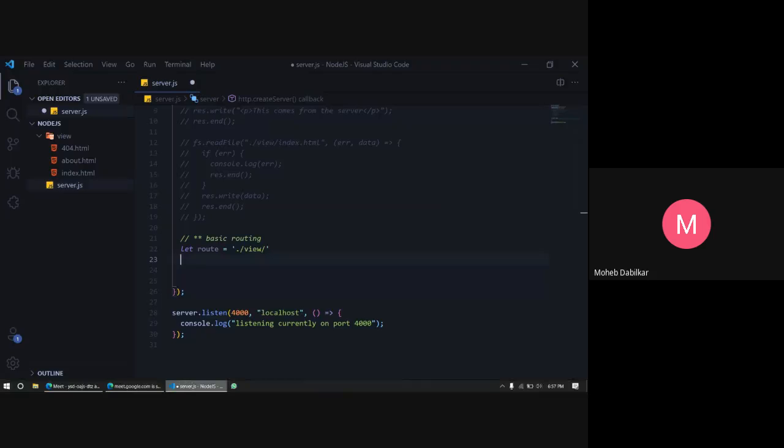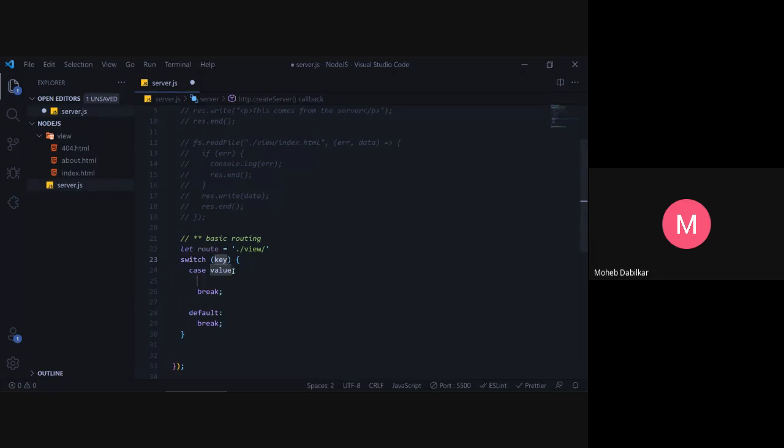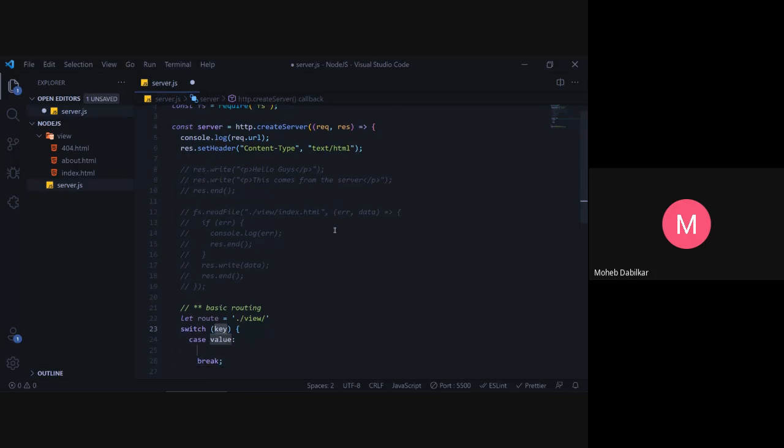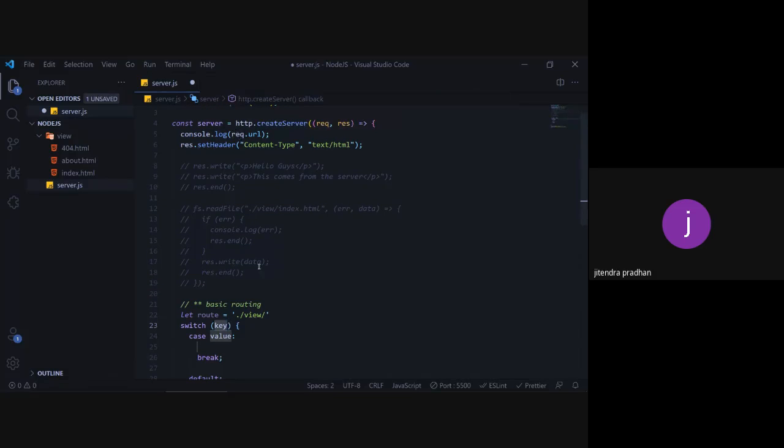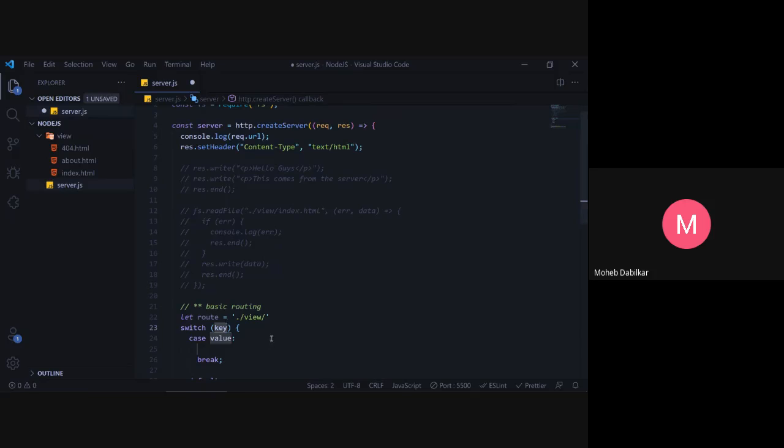Please mute yourself. Okay. So, Jitendra and Muzammil, help me out with the switch statement. I have not seen the switch statement in a long time. Okay, so it takes in a key, then there is this value. Okay, I remember now. Okay, so what is the key? What should I put in over here? Condition. Okay, so what is the condition for now? There are just three cases there, sir. Case 1, case 2, case 3. No, I got that. But what is our condition now? What are we checking over here?